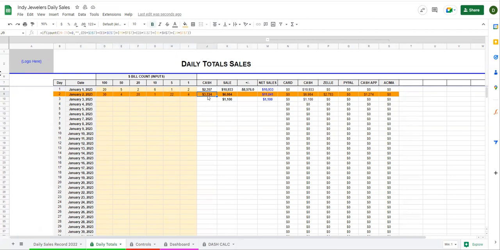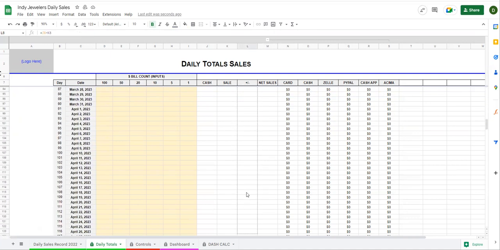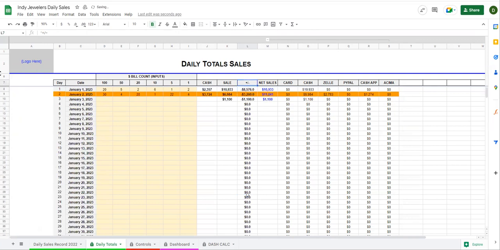Now you can see, this is the cash collected and this is the sale. So you are short of 3260. So what I'll do, I'll make some changes in it. I'll make 60 bills, maybe I'll make 20 bills of 50. Okay, so now this is showing that we are in a profit of